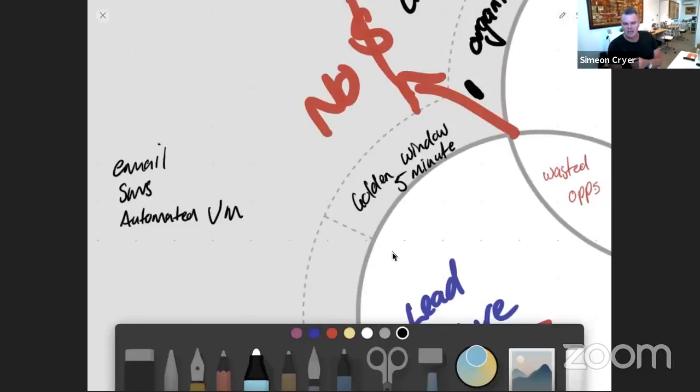Let's say it's before 8 o'clock at night, and we can program and automate all of this to be time sensitive. So if it's after 8, they don't get a voicemail. And the way the voicemail works, it's a call that goes to their mobile phone because we've collected their mobile phone details. The call rings for about half a second on their mobile, too short for them to pick up. And it just says, "Hey, John, it's Simon here from Smarter Marketers. I've just seen that you've requested a download for our report. And so just want to let you know I'm going to email that. So keep an eye out and maybe even check your junk mail in case it's gone into the junk mail